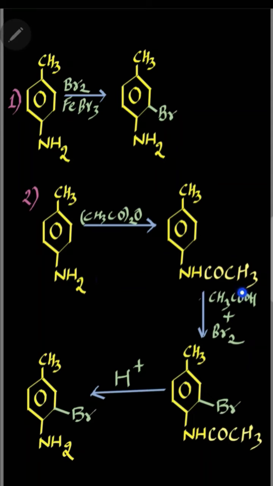Moreover, NHCOCH3 is a very bulky group. So due to its bulkiness, due to this steric hindrance, only this kind of product, which is your desired product, will be formed in a greater amount. Once you have substituted this hydrogen with the bromine, after that you can do the protic workup to get this particular molecule, right? So this is a very, very important reaction when you want to synthesize this particular compound in the lab.